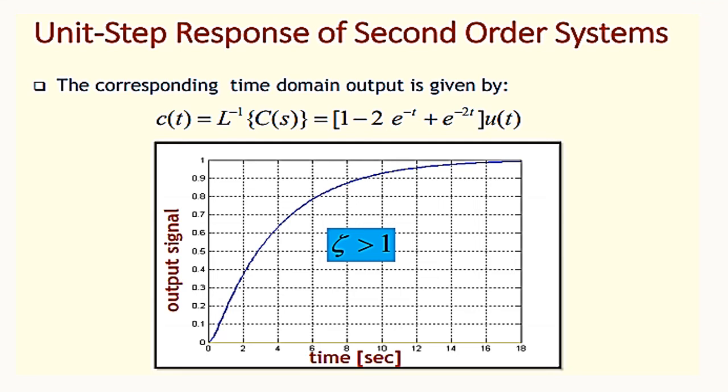As you can see, both have the power of e power minus. That means it's a stable system. If it was plus, then as I increase the value of t, it would be an exponential rise, so it would go to instability. Since in the equation the transient part has a negative sign, it is a stable system. Now when zeta is greater than 1, the time duration taken is 18 seconds for this system to be stable.